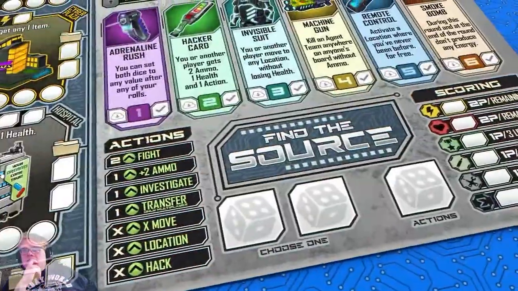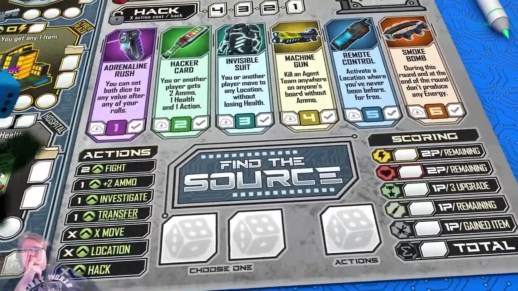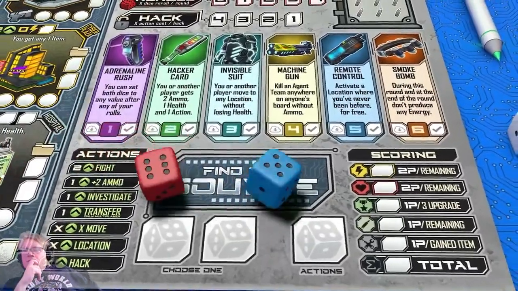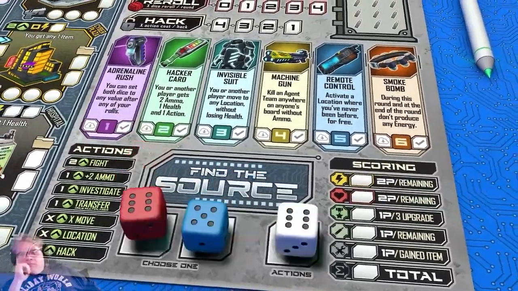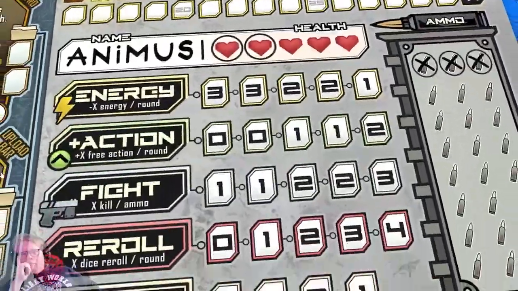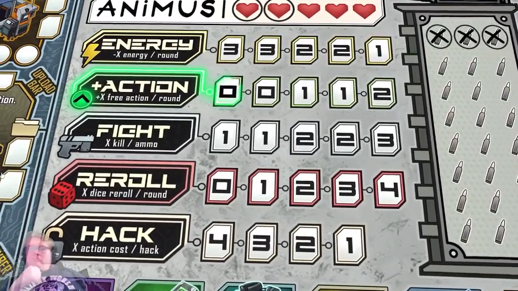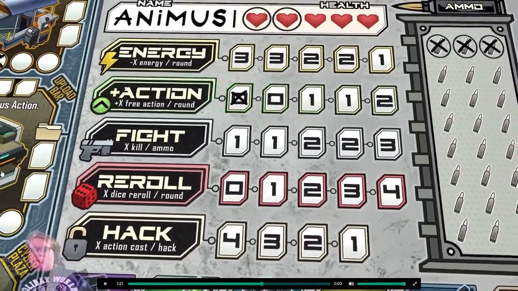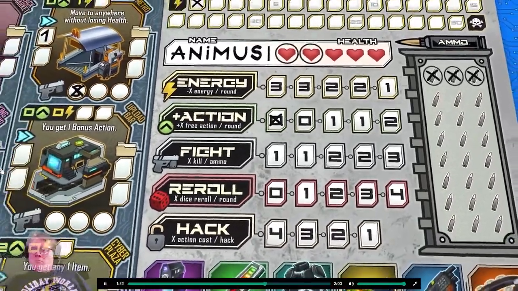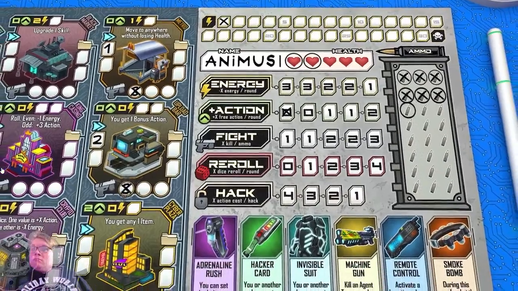Each of your turns will consist of 3 phases. The first is to roll 2 dice to determine how many action points you get. If you choose the higher of the 2 values, the energy bar is charged. But if you choose the lower, you can upgrade one of your 5 skills, making your character more effective. The second phase is to spend your action points, which you can use to get ammo, fight against agent teams,